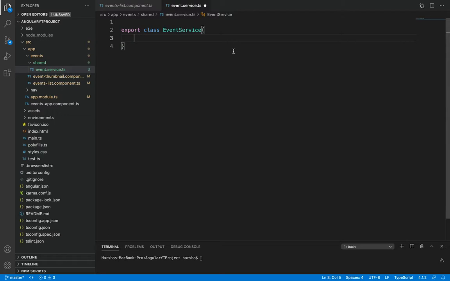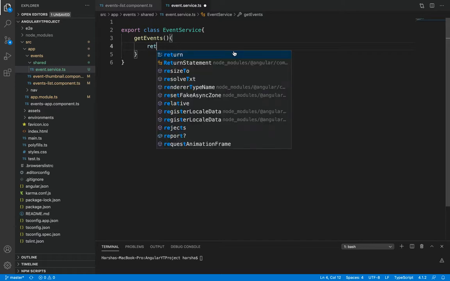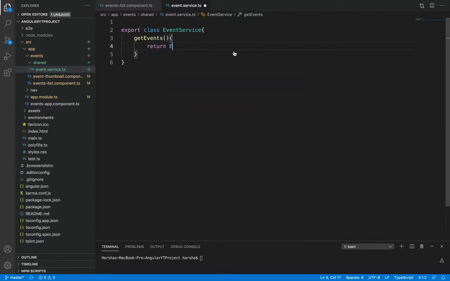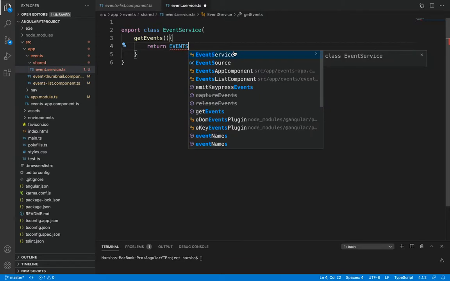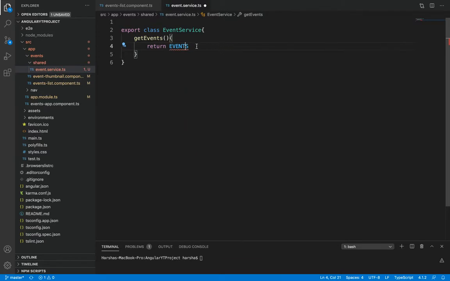For example, getEvents. getEvents is a function which will return the events which we are specifying inside this service. Return events. Now let's quickly declare a constant variable which will have all the data defined inside the events-list component.ts class.